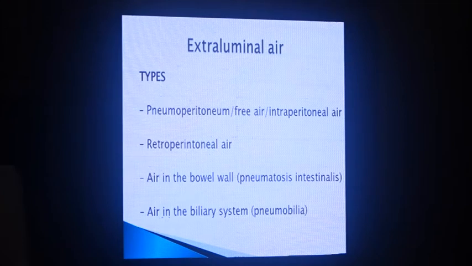So coming to the pneumoperitoneum, the air may be inside the abdomen, which is called free air inside the abdomen. This will create pneumoperitoneum. The air may be present in the retroperitoneal space, through the greater sac to the lesser sac through the foramen of Winslow. So, retroperitoneal air. Air may be present in the bowel wall, which is called pneumatosis intestinalis, a very rare phenomenon. And sometimes we can see air in the biliary system, which we can often see just after ERCPs, creating air in the hepatobiliary system, which is called pneumobilia.